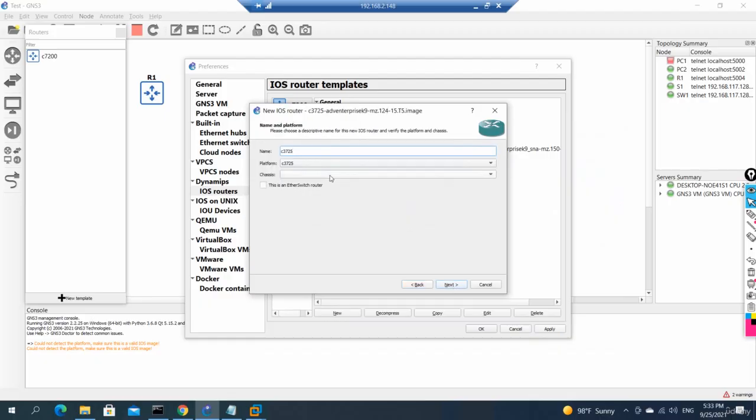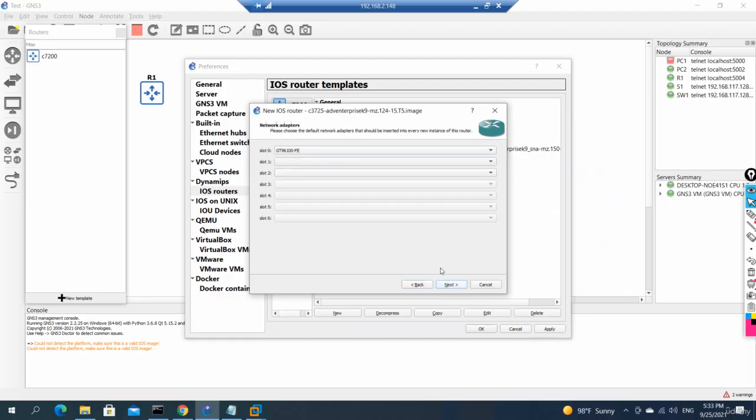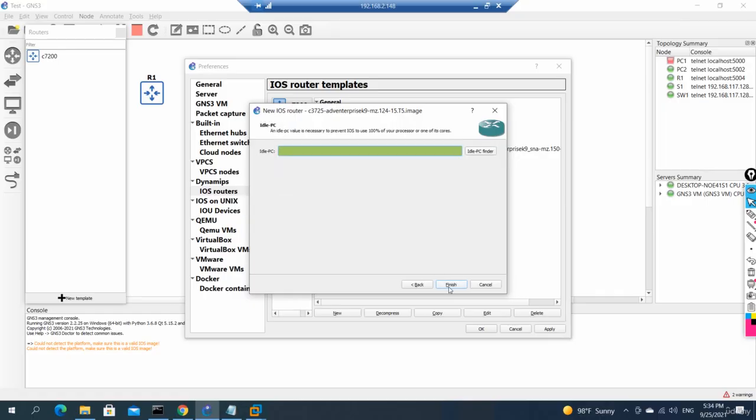We need to wait some time, and then we will do next. Whatever name is coming, I will keep the same name so we can easily identify. And if you want to increase the slots, you can increase like this. Okay, so now we increase and select the default option. Here we will select idle PC, and if you want to increase the interfaces, we can increase later also. So this way we will install the